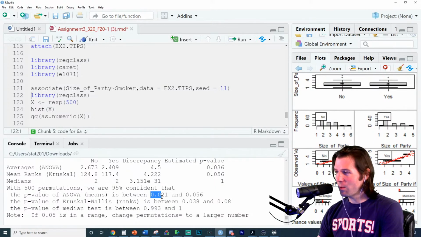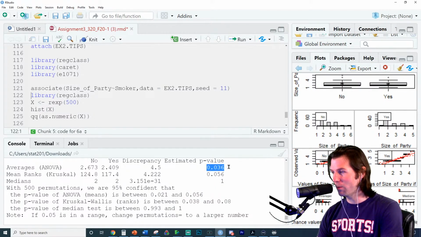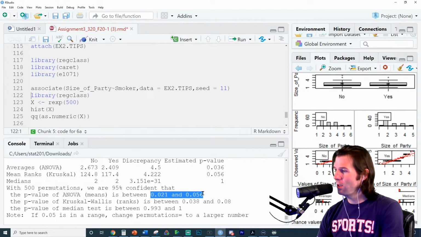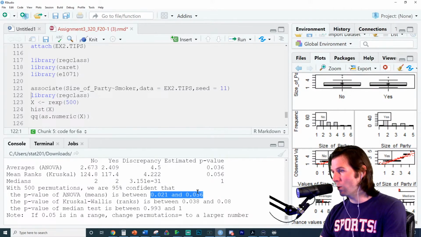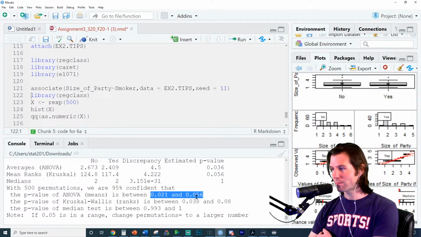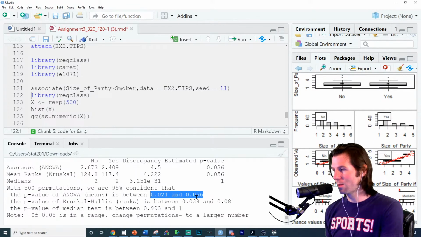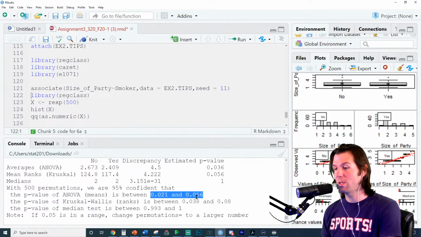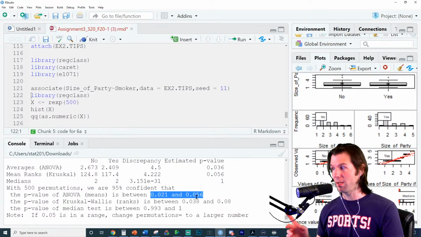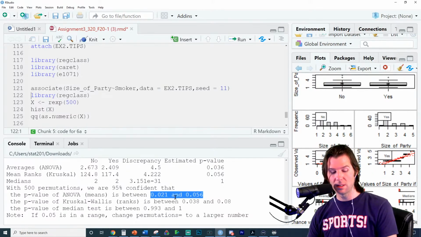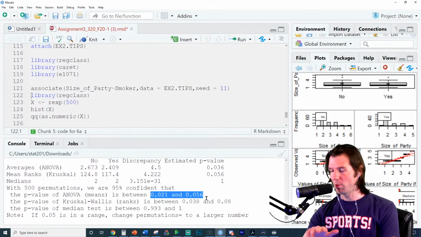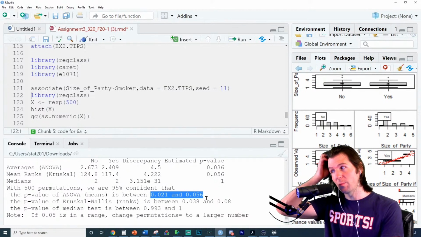Because you'd be saying, I think the p-value might be as low as this, or the p-value might be as high as this. Like if you look, this is the p-value estimated, and we think maybe it's as low as this or as high as this. What do you think? Are you confident it's statistically significant? No, because it contains 0.05. And the big thing here is if this interval contains 0.05, great job there, Colin, 100 points. If it contains 0.05, that's a bad thing.